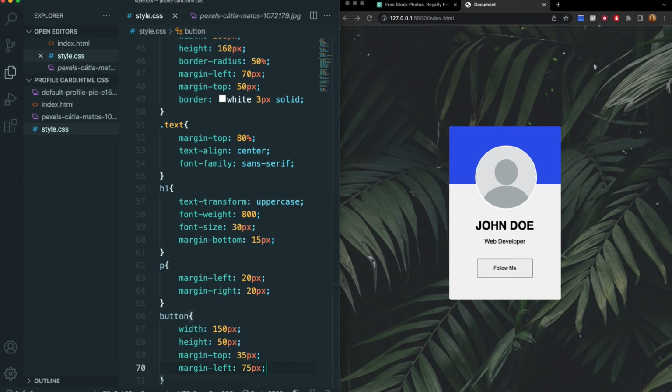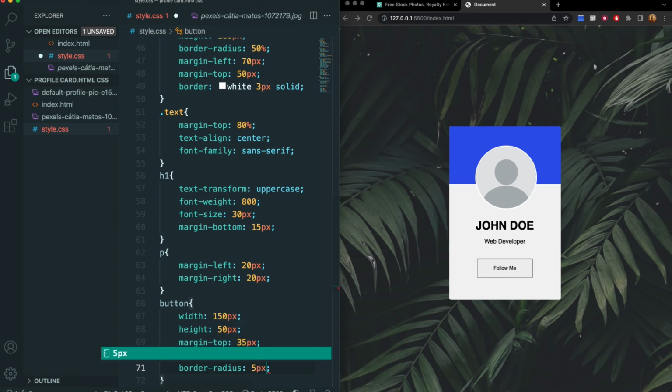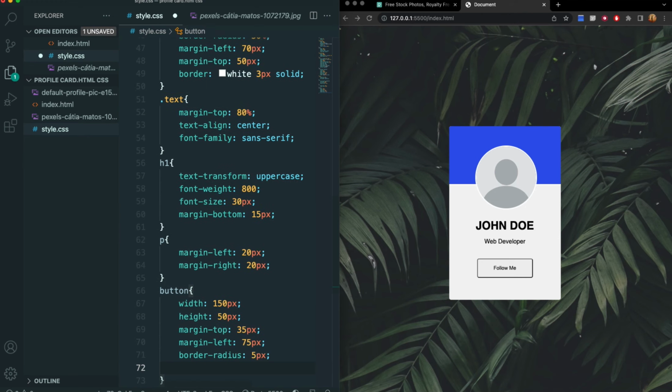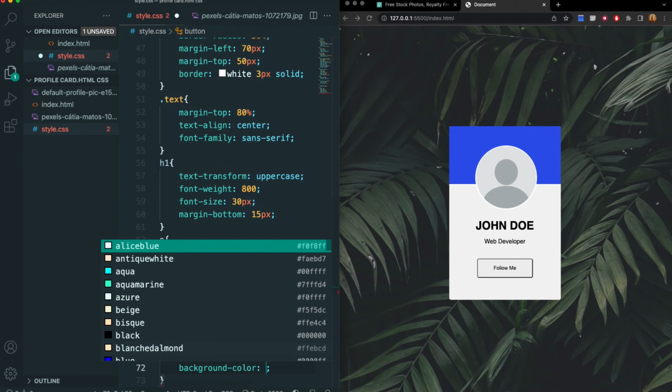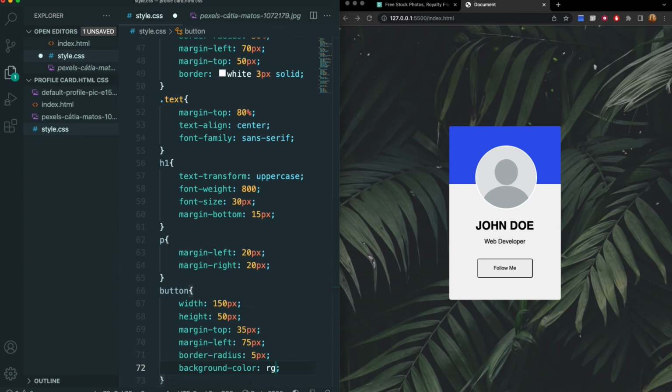And again, to round the edges, we're going to once again set a border radius of 5 pixels and set a background color of this button. So we'll do background color, and we'll do our same RGB which we have saved here.